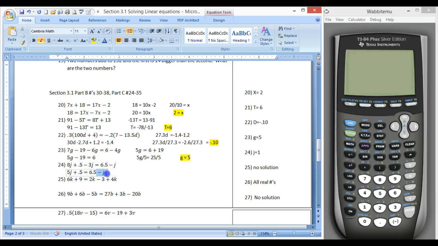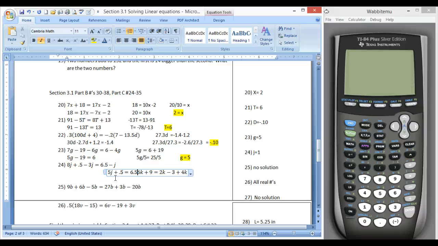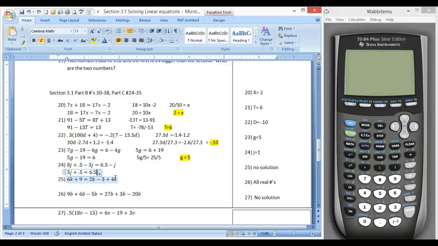And then I have this subtract j over here. I need to do the opposite to get it on the left-hand side of the equation. So I need to add j. Adding j on the right-hand side will cancel it out. So I need to add j to the left-hand side. So if I add j over there, I get 6j